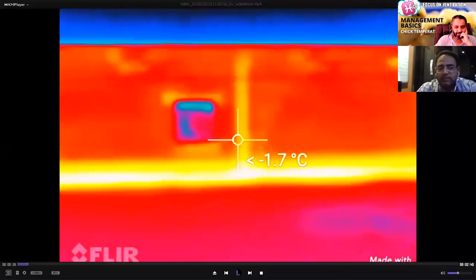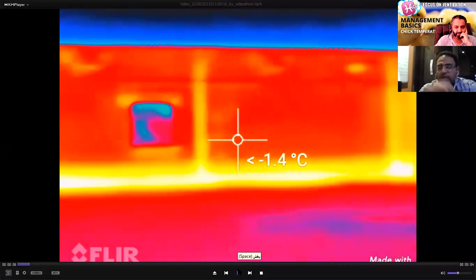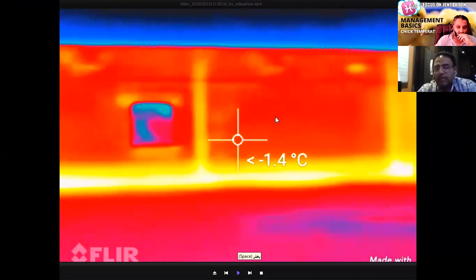These sheds I showed you before. You see the bad insulation in the sheds. Yellow is the waste of the temperature, and the red is a little lower, and here is the outdoor.